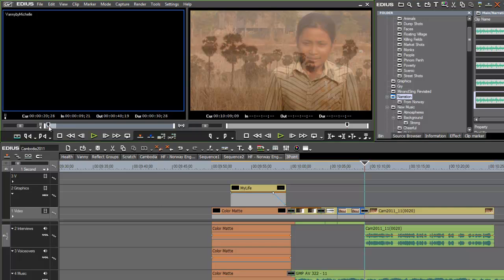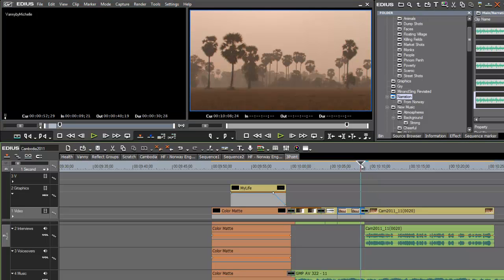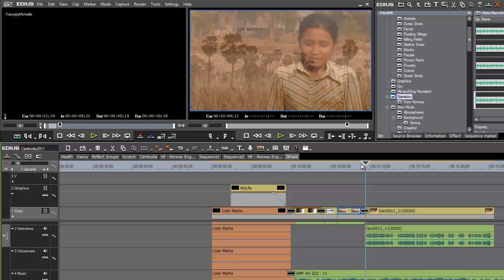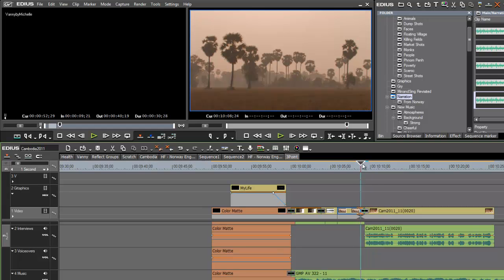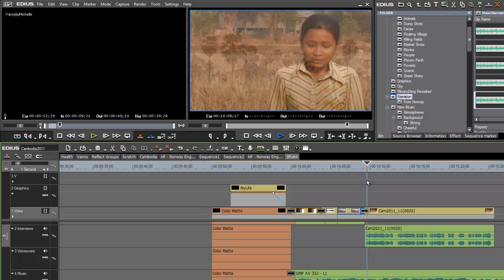And go ahead and accept the in and outs that were already defined. What I usually like to do, and different editors have different styles about this, is hear a little bit of the native speaker, so we can get a little color for their language, and actually see that the person is speaking a language other than English, and so it makes more sense that the voiceover comes on and that it's not lip synced to the person. So we'll just let her talk for a little bit,